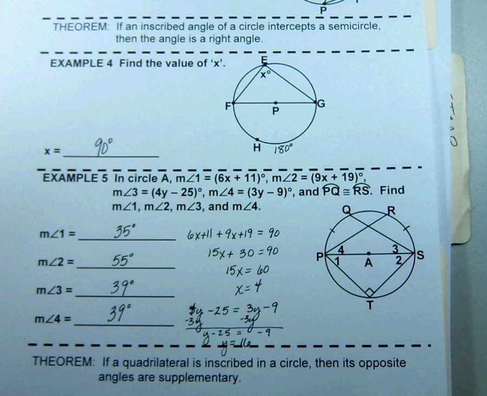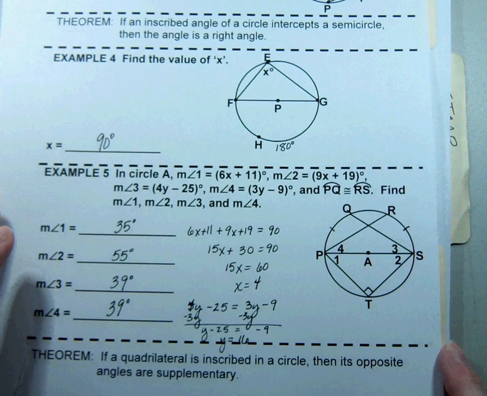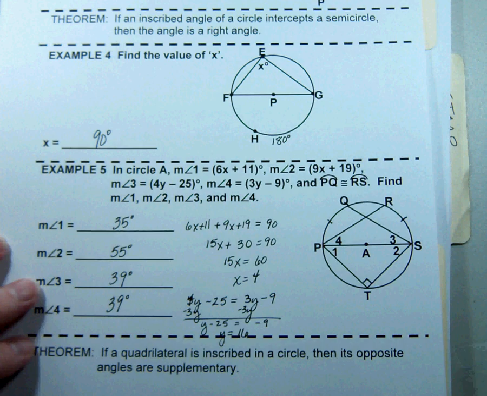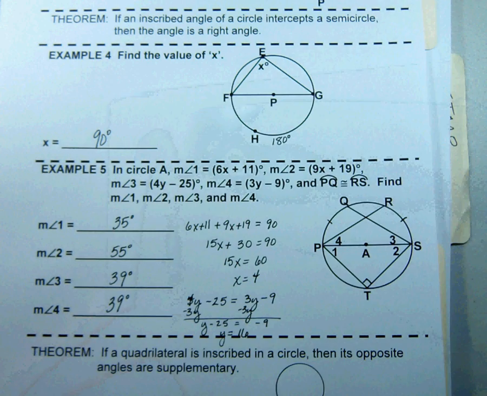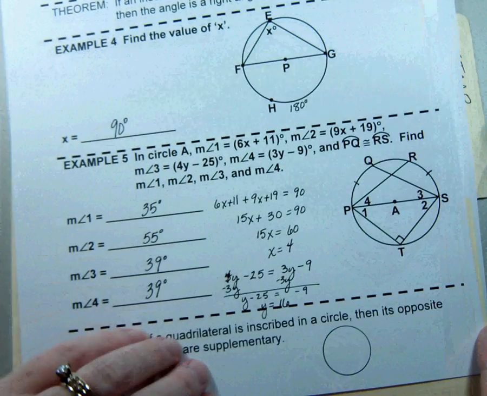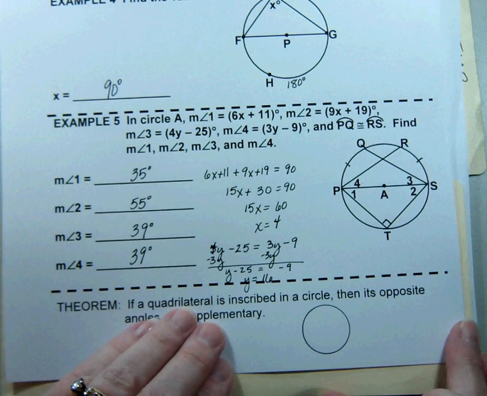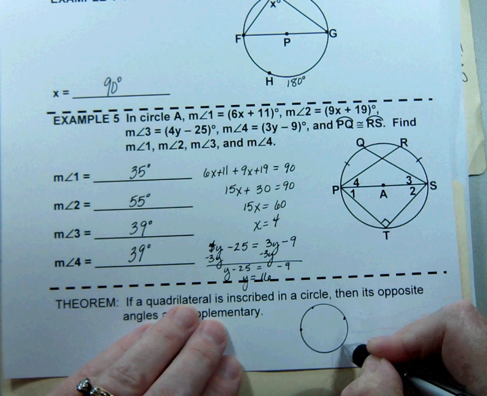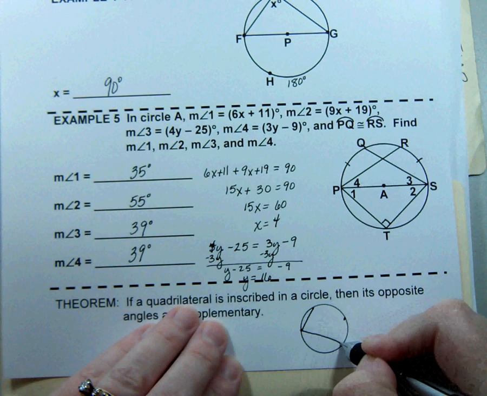Alright, the next theorem is if a quadrilateral is inscribed in a circle, then its opposite angles are supplementary. Since this is on the next page, I think I'm going to draw you an example of what that means. A quadrilateral means four-sided polygon. So let me move this up. Inscribing it just means that if I were to draw 4 vertex points and then sketch a polygon inside it,